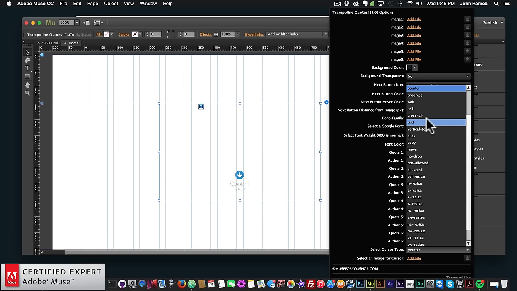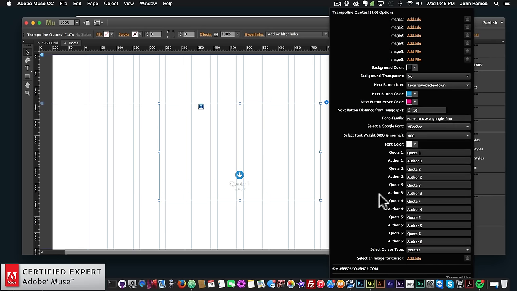We can select from over 20 different cursor types here, or we can select an image for the cursor, and the image has to be 128 by 128 pixels, or less than that. It can't be more, or it won't detect the image cursor. Very good. So I'm going to go ahead and add 6 different files,